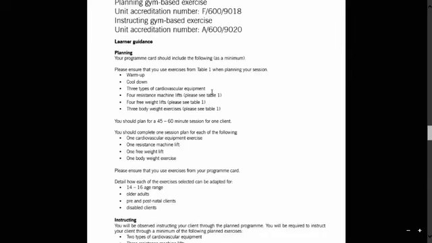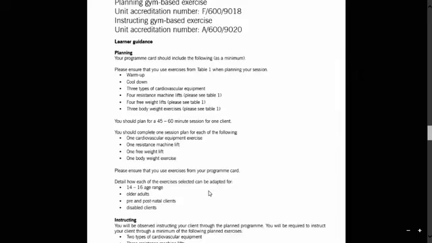So we're going to choose 1 CV, we're going to choose 1 resistance, we're going to choose 1 free weight, we're going to choose 1 of our body weight exercises, and we're going to break it down in even more detail. And we're also going to look at putting in some adaptations, which is the bit down here. So, I might choose the bench press, and then we might look at how I can adapt the bench press for 14 to 16, older adults, pre and postnatal, and disabled clients.